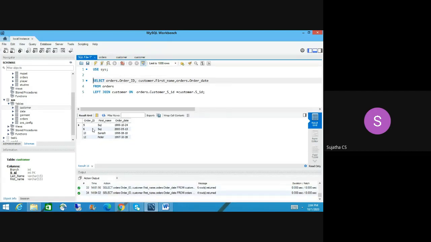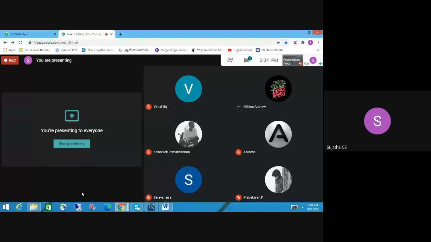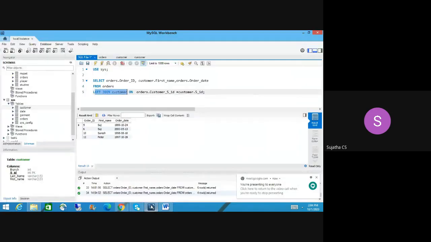Okay, can you see the difference? Before, we had seen some null values and other things. Now we are selecting from the orders table and then joining with the customer table. Okay, guys, Prabhakaran? Yes, ma'am. Abhinesh, Ritin, you guys understand this part? Yes, ma'am. Okay, then let's move on. So far it is fine, right? So this is how you work with Cartesian product, left join, right join, and inner join. That's it. Let's move on to the next chapter.